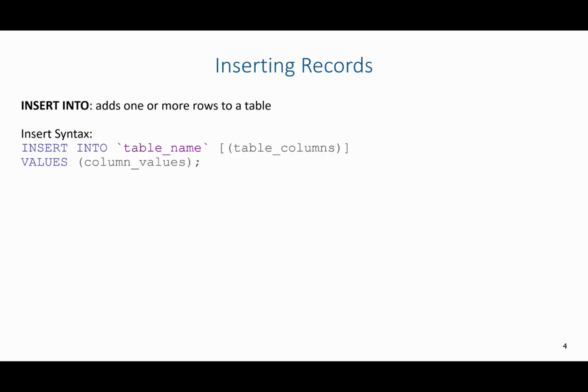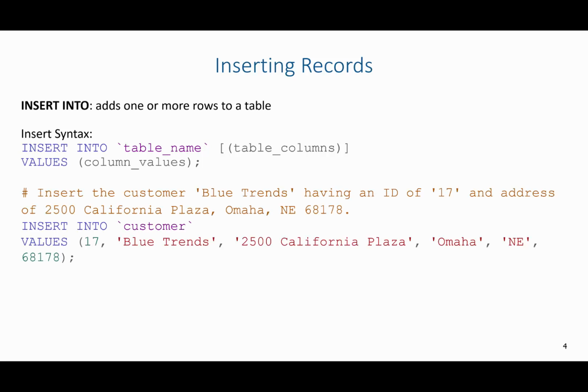Then we're going to say values, and then specify a comma-separated list of values. To show you how to do this, if you were to try to insert a customer of Blue Trends with the ID of 17 and an address of 2500 California Plaza, Omaha, Nebraska 68178, the data for every single field in the customer table is provided, so I don't need to provide the column name. I can just say insert into customer and then the values in the same order that the table has the fields. So primary key of the customer ID first of 17, then the name Blue Trends, then the street,